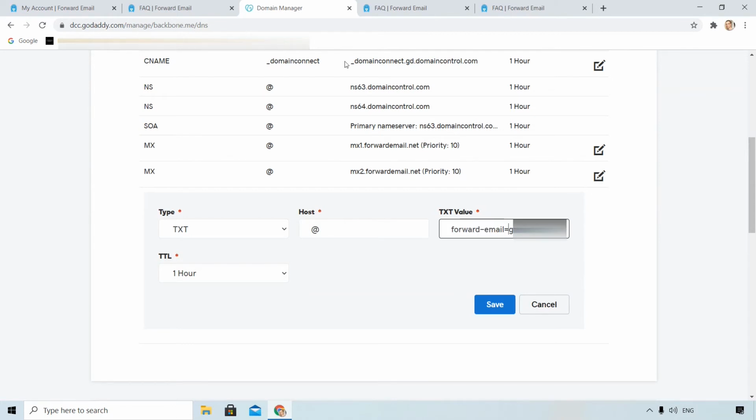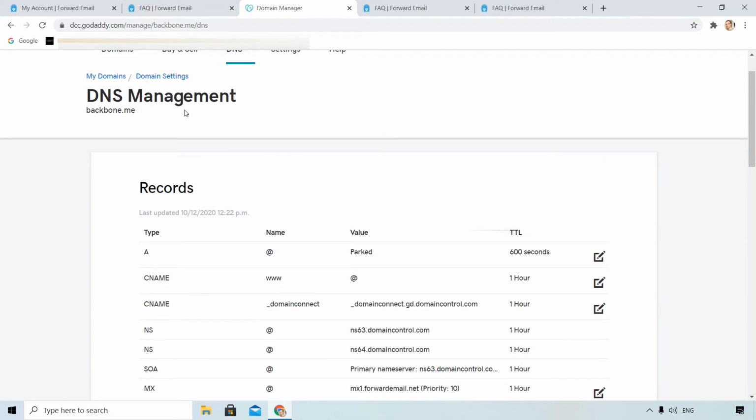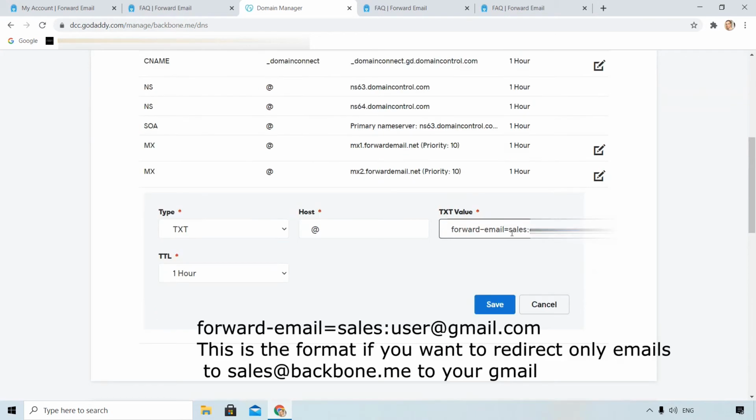Now, if you want specific business emails to go to a specific Gmail, for example, I want every mail that goes to sales@backbone.me to be redirected to your Gmail, you can do that.